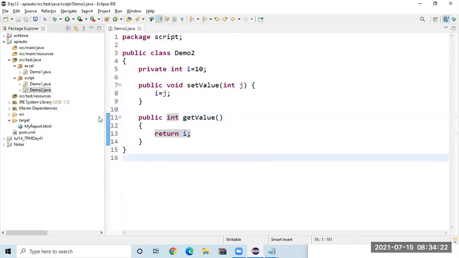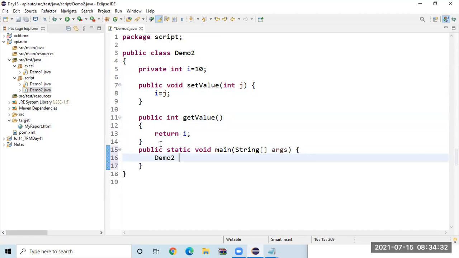And let me have another class for calling this, or you can have a main method here only. Actually, I should not put a main method, but I'm putting it. So I will say Demo2 d = new Demo2.